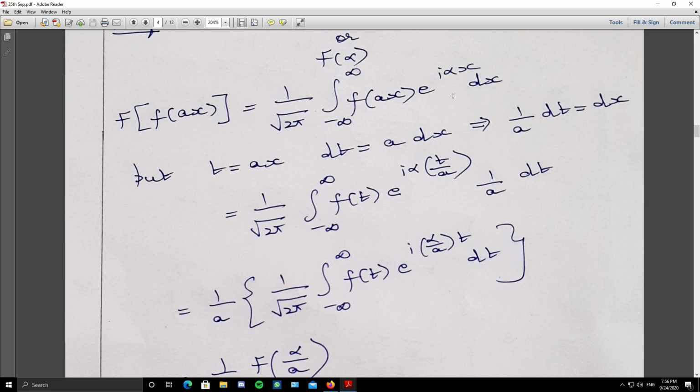So we are rewriting the integral in terms of t. 1 by root of 2 pi integral from minus infinity to infinity f of t e power i alpha